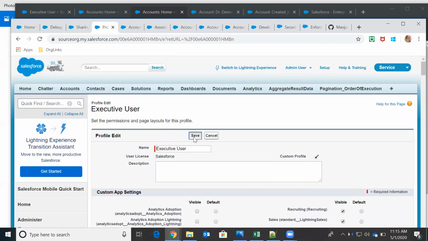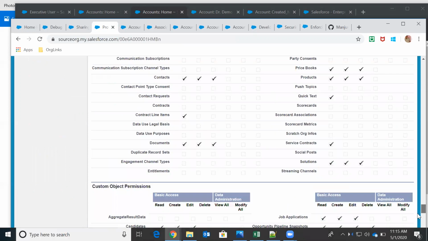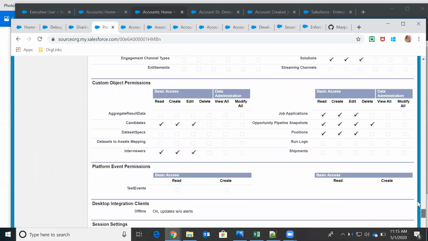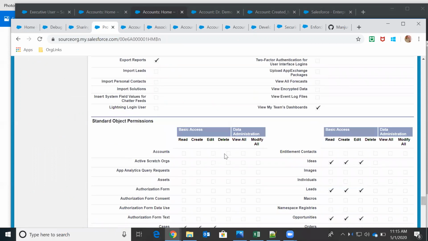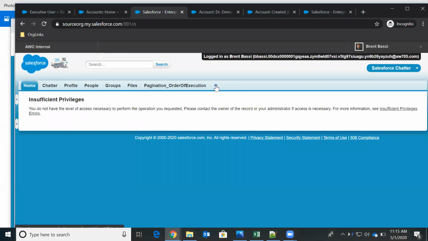This is a profile. On a profile, I've removed the read permission also. If you go here, see, currently I have removed the read permission for this profile. I logged in as this basic user itself, and if I try to refresh this now, you see the account tab is also hidden.